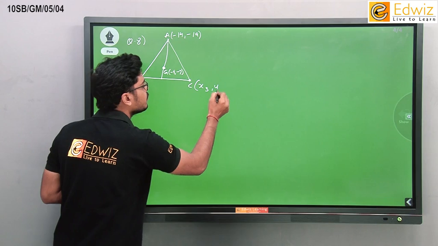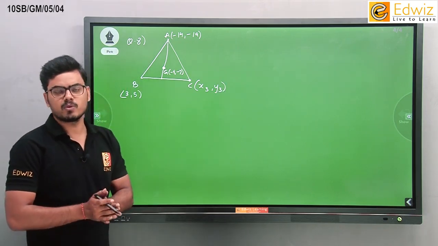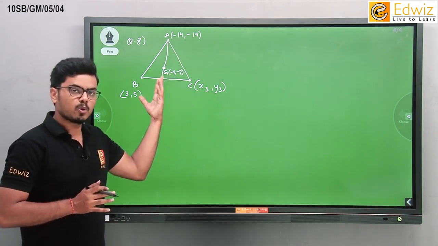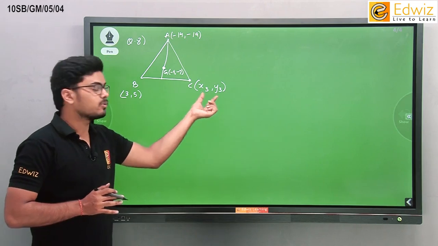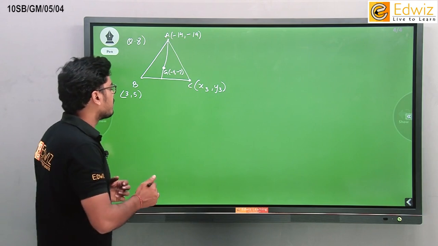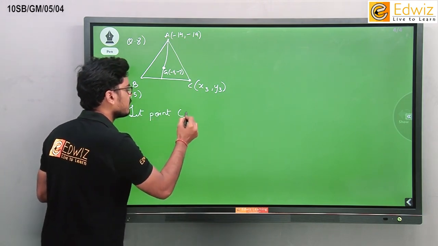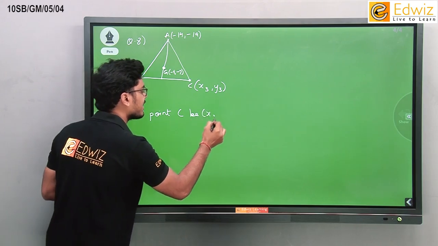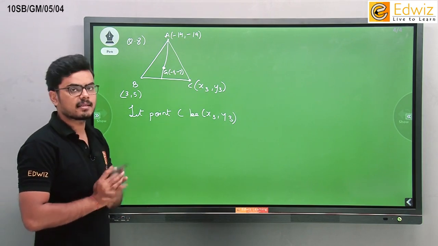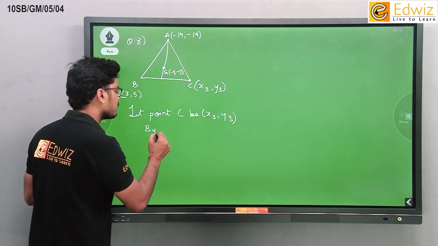Let us assume them to be x3 comma y3, correct. So same formula we have to use, centroid formula, but फर्क सिर्फ इतना है कि इस बार the point is known to you, right hand side में you don't know the value of the third vertex. So let us apply the same formula. Let point C be x3 comma y3. Okay, so we have to first note down our assumption. Point C is x3 comma y3. So therefore by centroid formula,